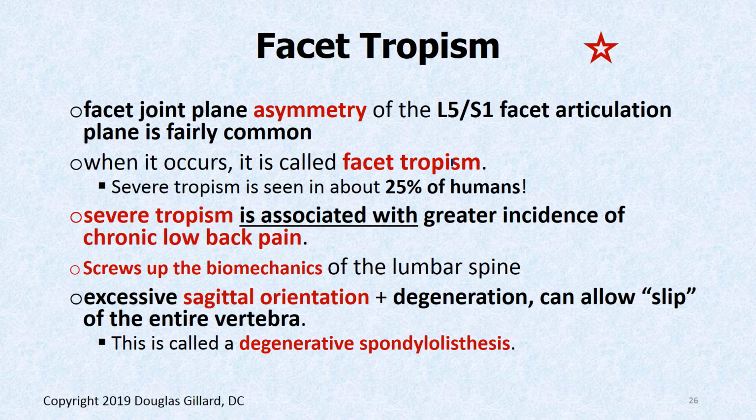So facet tropism is when we get an asymmetry of the planes of the facet. It's common. It's seen in about 25% of humans. Severe tropism is definitely associated with low back pain, and as I said, they can be good patients because you get them better and they come back next year or in 6 months. Or if the facets are really sagittally orientated,